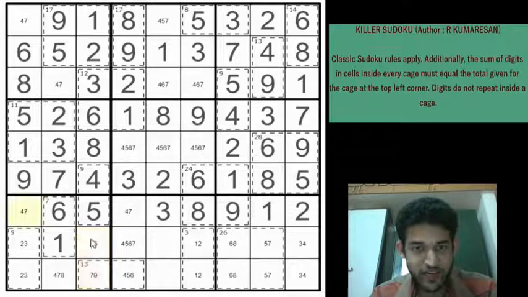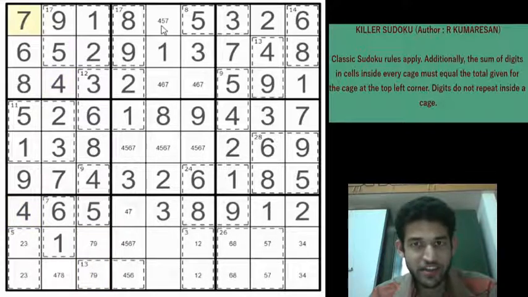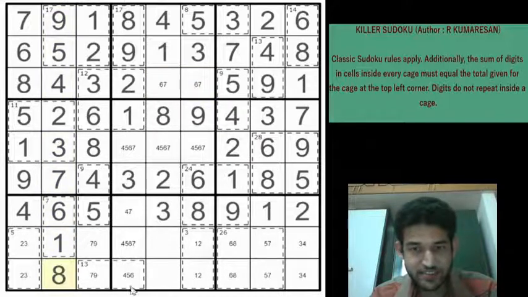And 7 is eliminated from here because of the 7 here, so this will be a 4. And that gives a 4 here, a 7 here. And this has to be a 4. And these two cells must be 6 or 7, right? And this cell for the column 2 has to be an 8, can't be anything else. And because of this 8, you get an 8 here and a 6 here. And 6 is eliminated now from here.